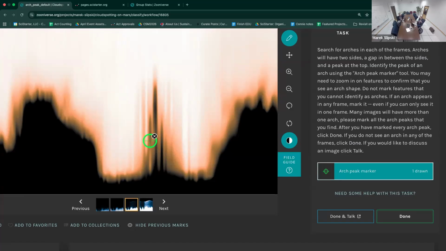One thing I will say is that it's hard to look at one of these images and make a discovery of a new phenomenon. But having participants look at multiple Mars years now, we've seen that people have identified arches in places where we didn't actually expect them. So there's a class of very high altitude, sort of at the top of where our data cuts off in these images, in that visible channel in particular, where it's sort of